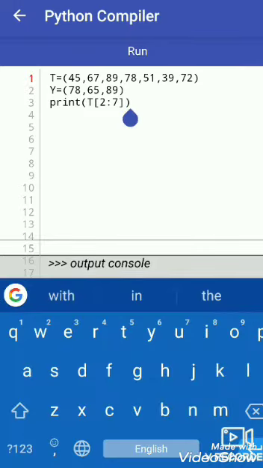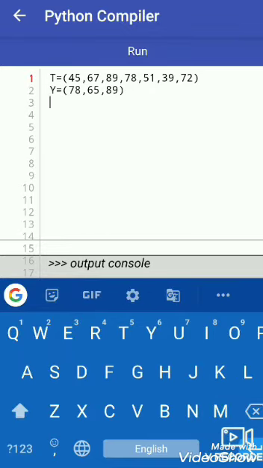So after slicing, let's understand iterating through a tuple, how we use iteration, meaning loops, for accessing the tuple members. So let's start with the for loop.